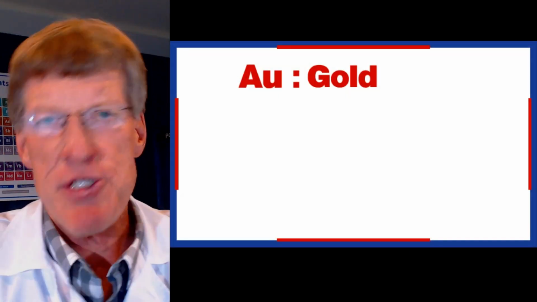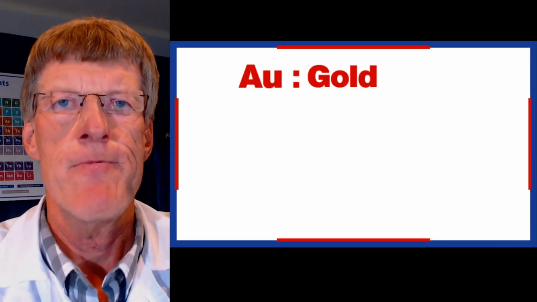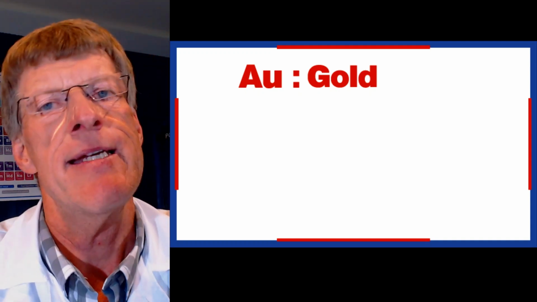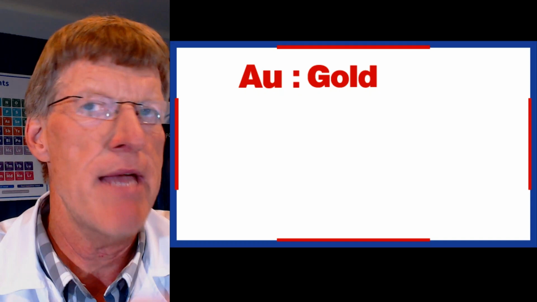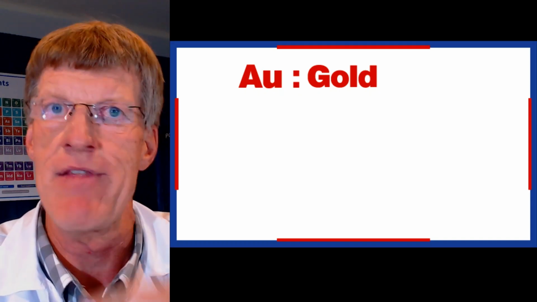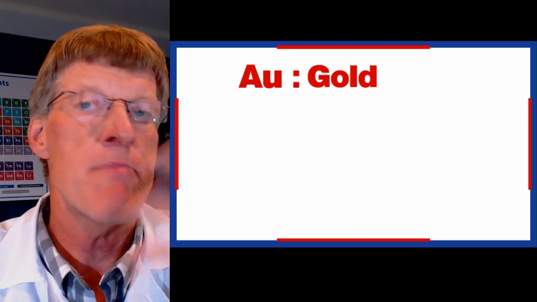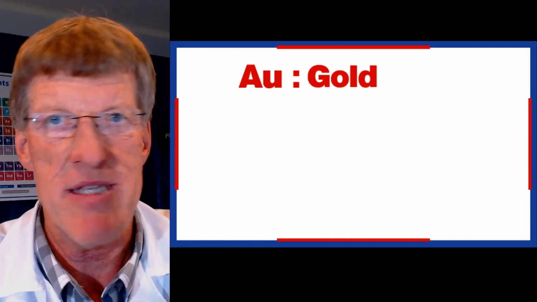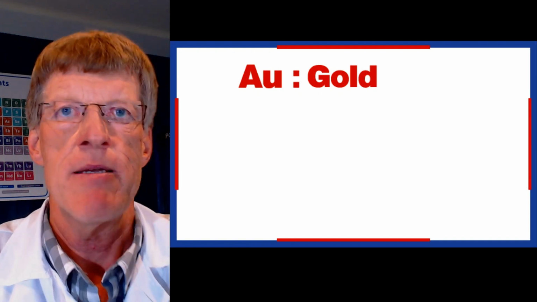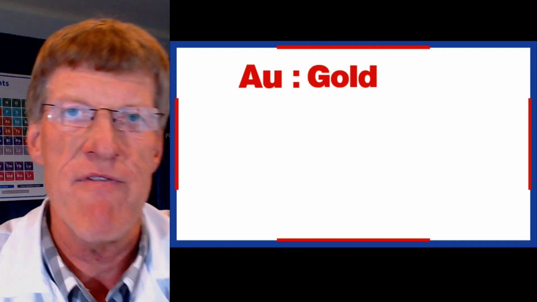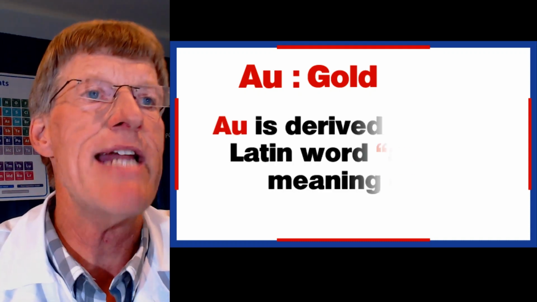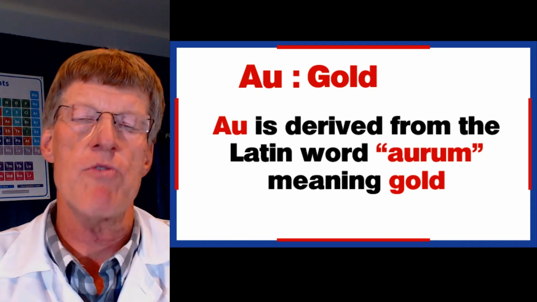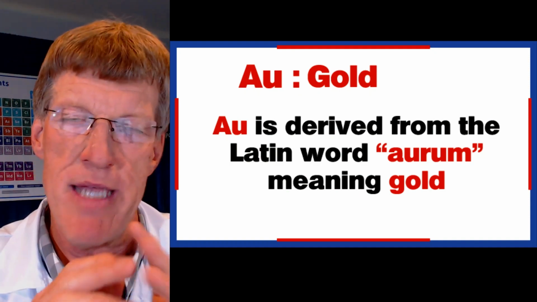So we'll start with gold. Gold is Au. What is that about? The letters A and U aren't even in the word gold. Why is it? It's really about Latin. Chemists love Latin. They really do. They love Latin music. They marry, frequently, their spouses are Latin. Male chemists marry Latin women all the time. Latin women chemists marry Latin men. They just love Latin. So it comes from Latin. Au is derived from the Latin word aurum, which means gold. So that's why gold is Au. It's from the Latin word. Chemists love Latin.